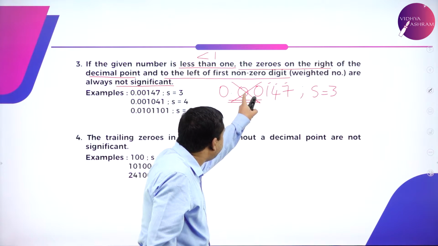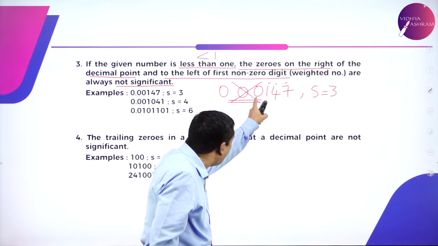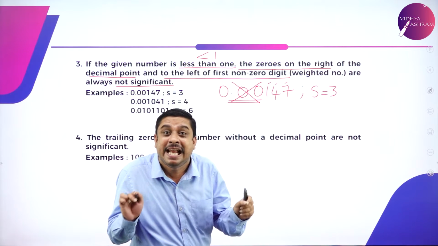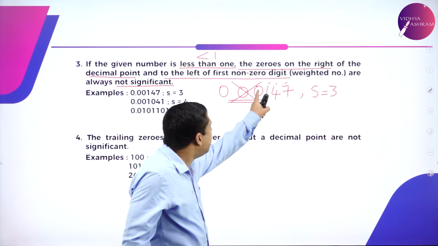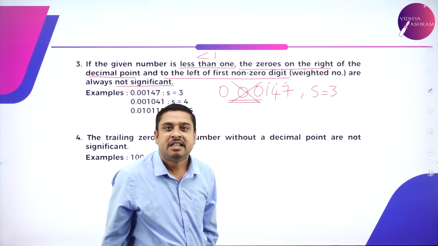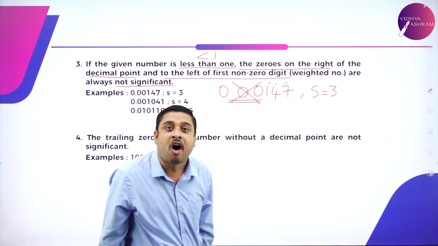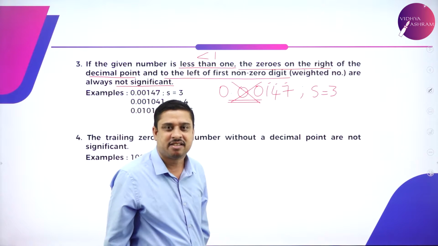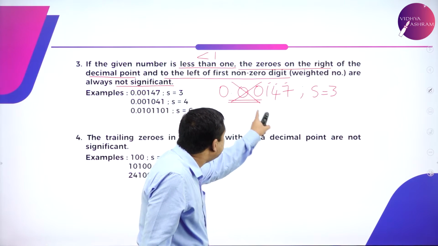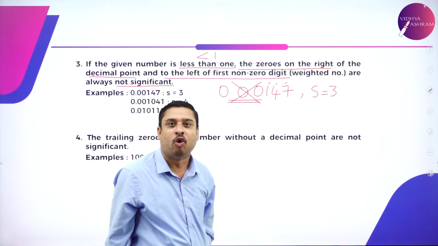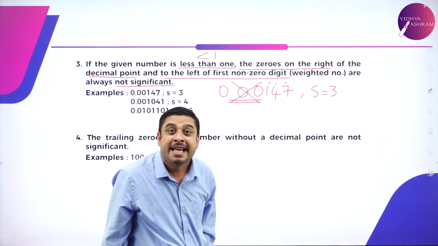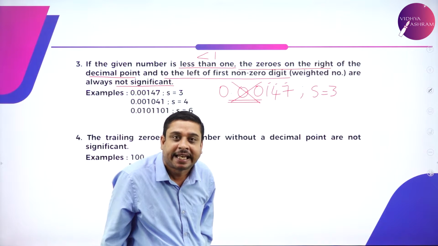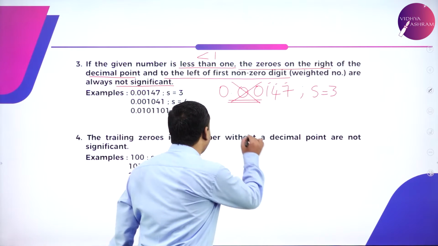Again, I repeat here, if the given number is less than 1, as you can see here, then count the number of zeros until where? Until the left of the first non-zero digit. And these zeros are always treated to be insignificant. Now, for example,